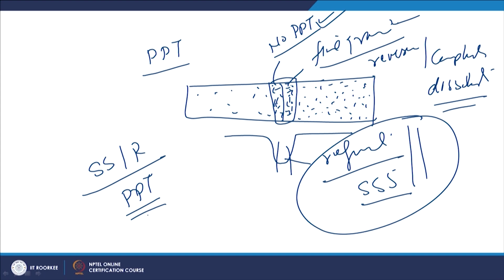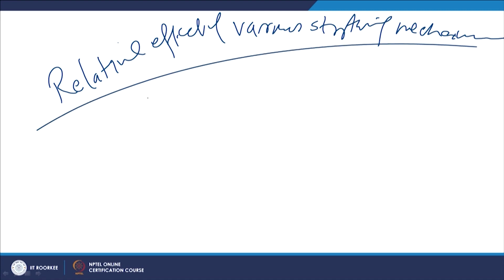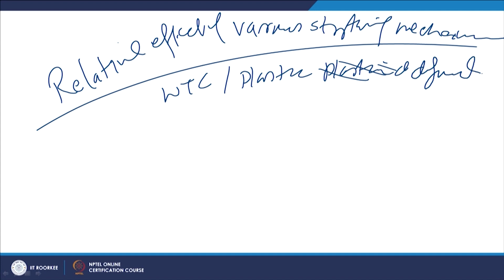So, that is why it is necessary to see the relative effect of the various strengthening mechanisms, and how these respond to the weld thermal cycle or the controlled plastic deformation during the welding. So, just as an example, I will take initially an example of aluminum,